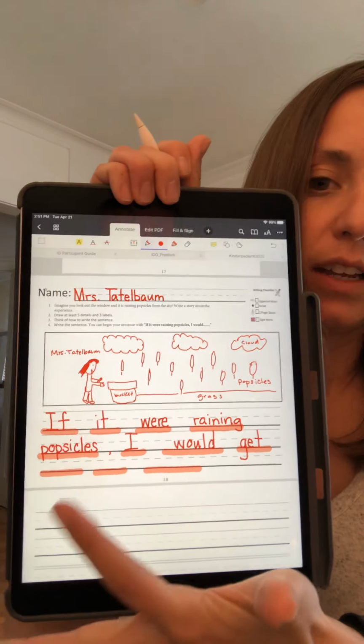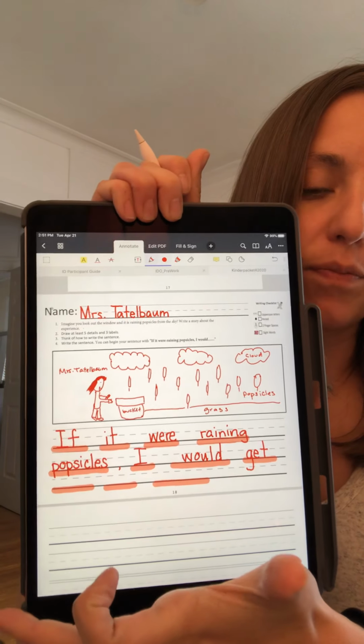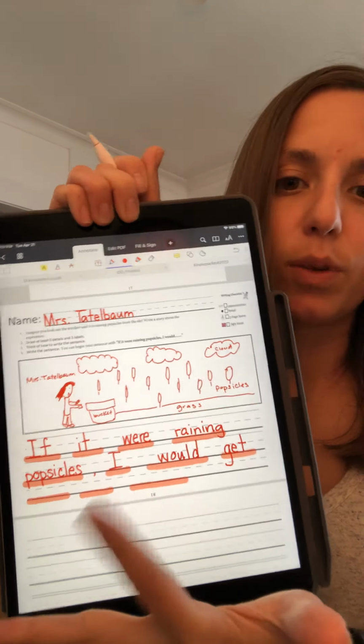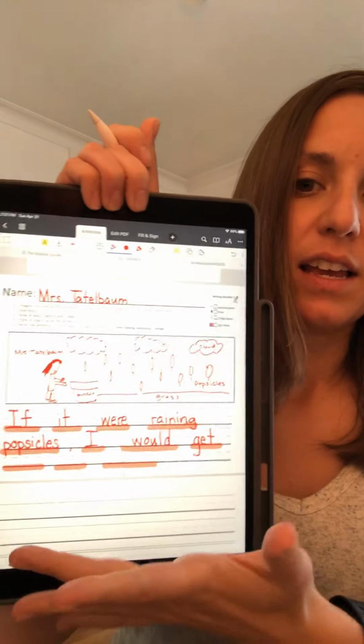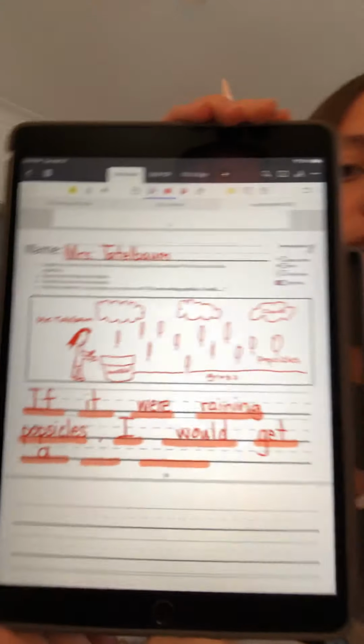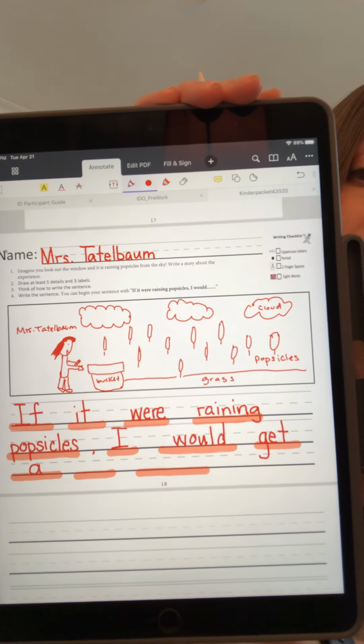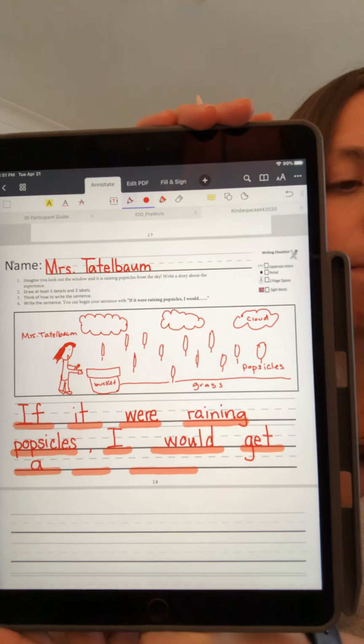It's not the beginning. The beginning was if. If it were raining popsicles, I would get a, you know the word a, that's nice and easy. If it were raining popsicles, I would get a big